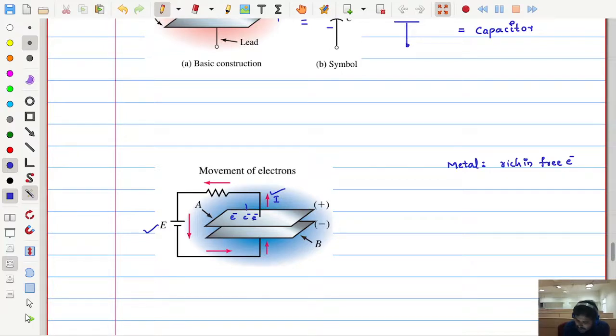So these electrons are all pulled by the battery, so that all will reach over here to the battery. And the same number of electrons will be pushed towards this other plate, and it is charged. These free electrons will get charged by the negative terminal of the battery. Initially it is not holding any charge. Only free electrons are there.